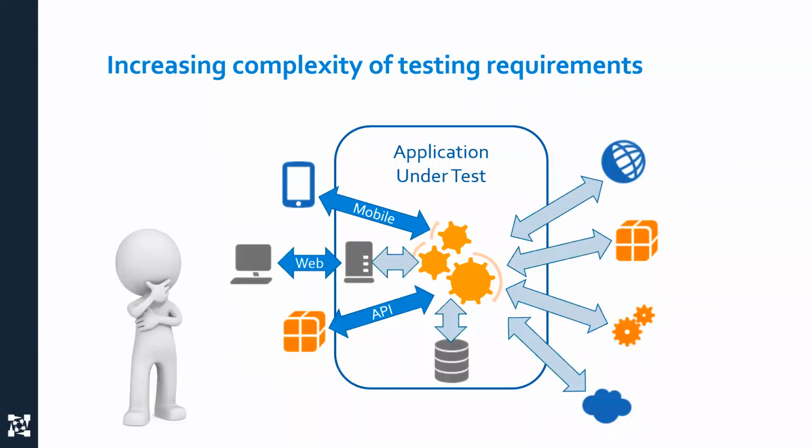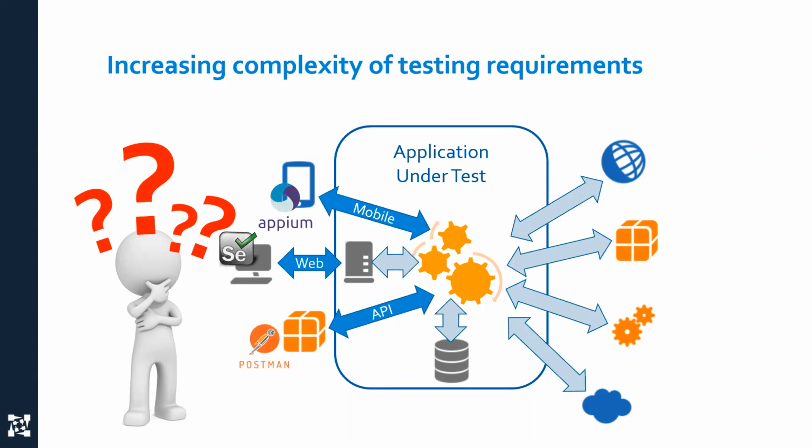But when we think about this in the context of our applications, it's considerably more complicated because there's really two sides of the equation. In our applications today, we have multiple interfaces that we expose new functionality across: mobile devices, web portals. Users can create applications to communicate with our APIs. And these are all interfaces to our technology. And it's a little complicated to understand how to test all of that. Now, there are solutions out there like Appium and Selenium, Postman, that allow us to create tests against these individual interfaces. These are great, but they typically require a little bit of development knowledge to understand how to use them.